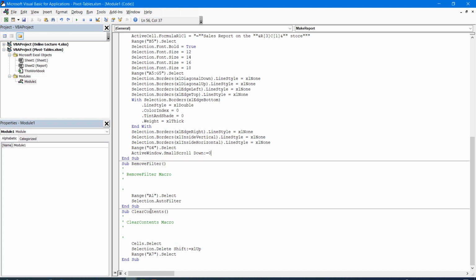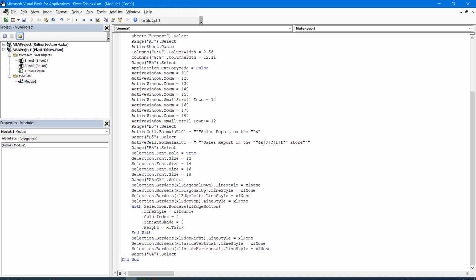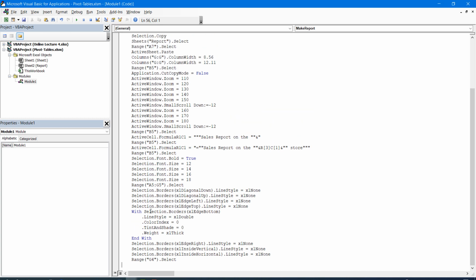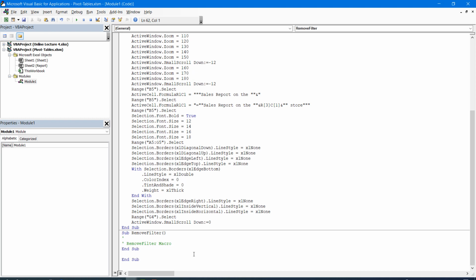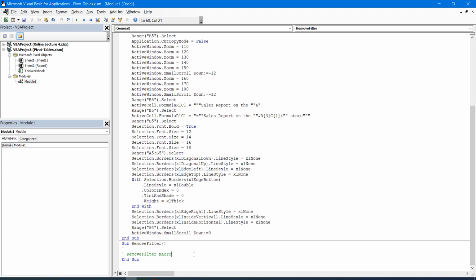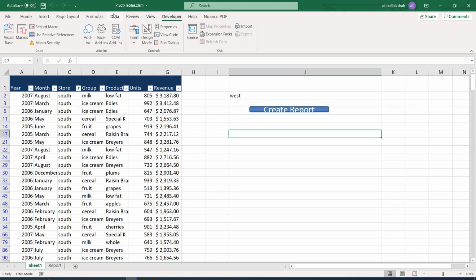So let me do that first. I think I deleted the macro somehow. Let me see.